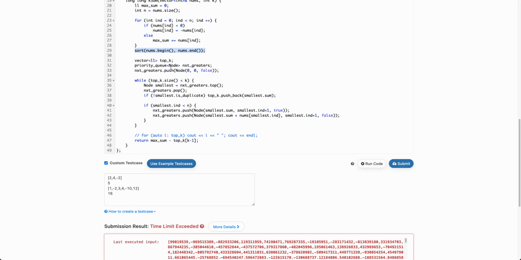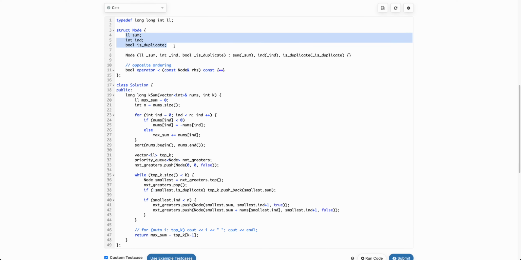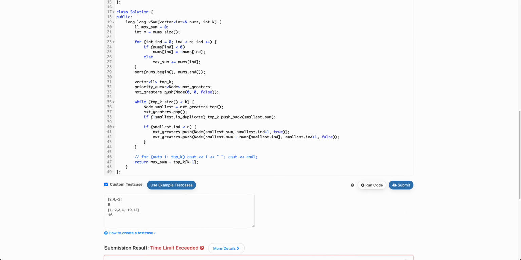Now this is exactly what we have just solved. So we will maintain a node which has three things: sum, index, and is duplicate, which is similar to is unique in our algorithm. Initially we'll put 0, 0 and false. Is duplicate is false, right? Because the first 0 is not a duplicate. Now while top k dot size is less than k, we will pop the smallest element,